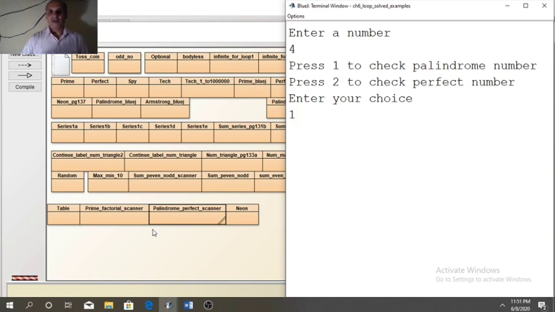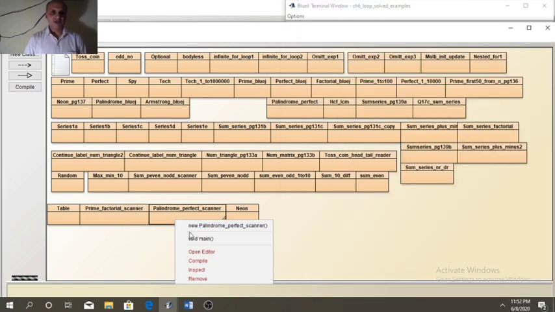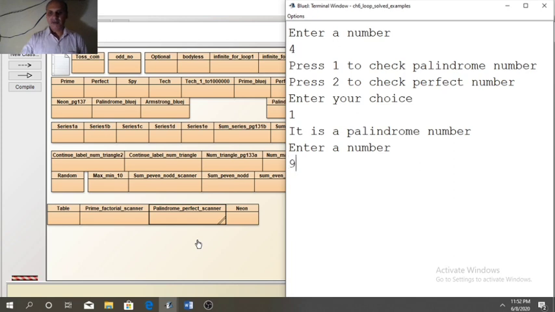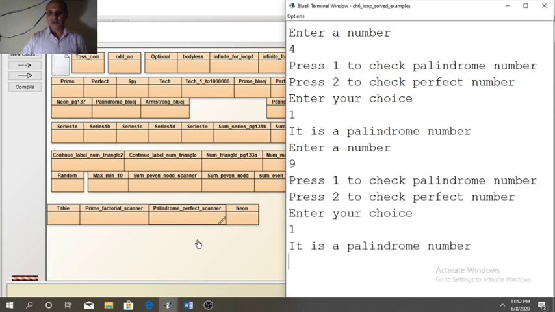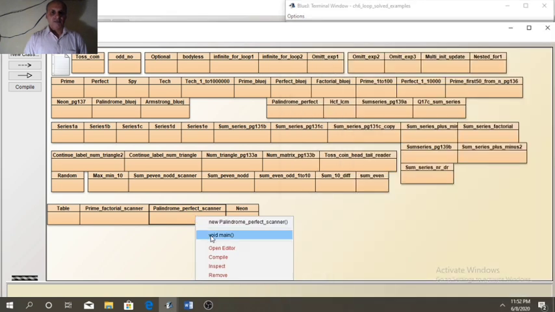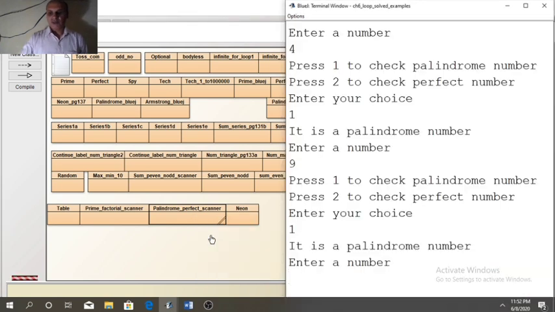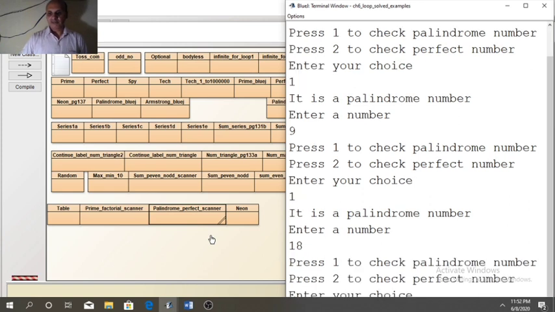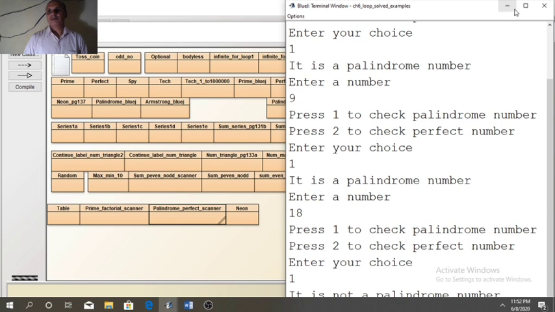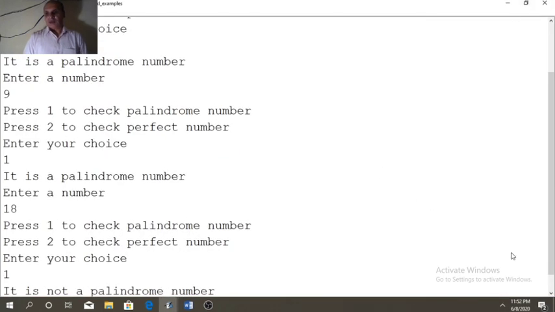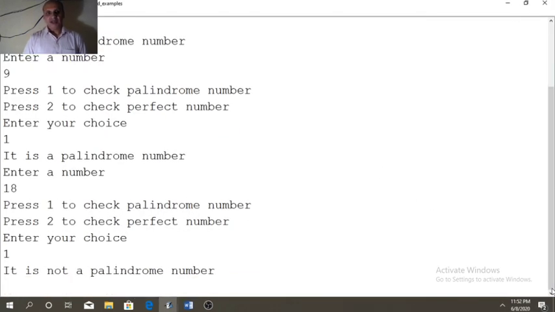To check palindrome, choice is 1. I have told you all the single digit numbers are palindrome. That is why 4 is palindrome. When we enter 9, 9 is also palindrome. Now when we enter 2 digit number like 18, when we reverse 18 we will get 81.